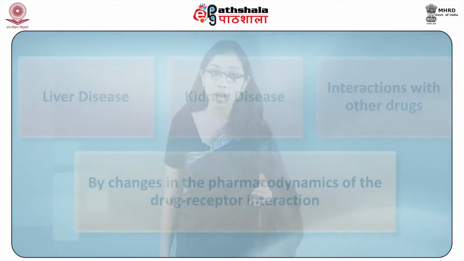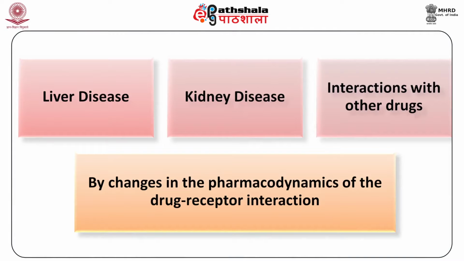An important concept in drug toxicity is that an adverse effect may be an exaggeration of the desired pharmacologic action due to alterations in exposure to the drug. This can occur by deliberate or accidental dosing error, by alterations in the pharmacokinetics of the drug, for example due to liver or kidney disease, or due to interaction with other drugs, or by changes in the pharmacodynamics of the drug, receptor interactions that alter the pharmacologic response, for example changes in the receptor number. All such changes can lead to an increase in the effective concentration of the drug and thus to an increased